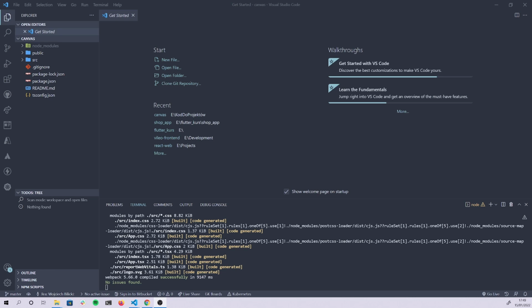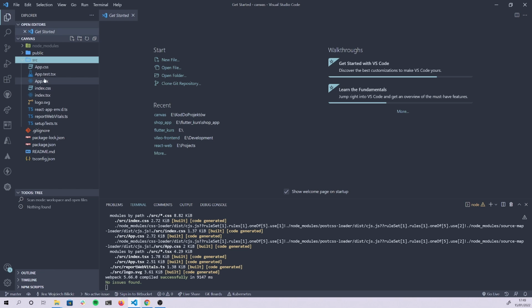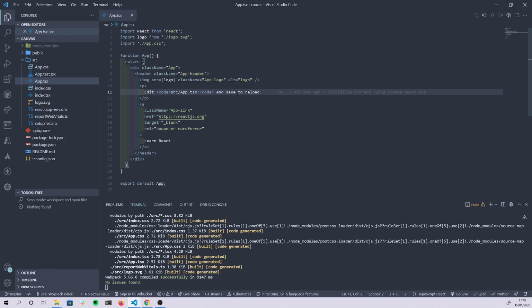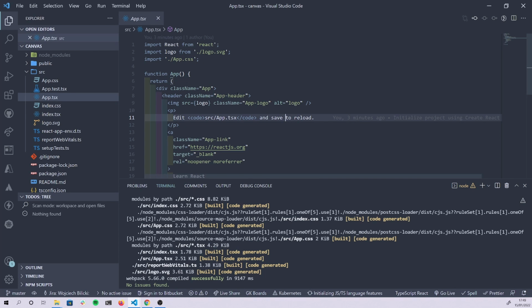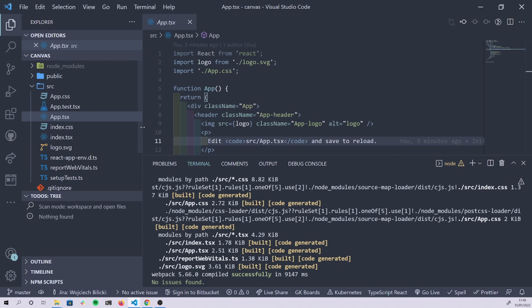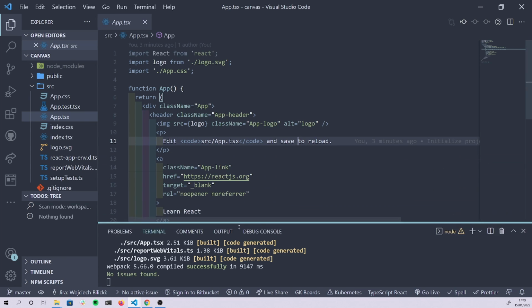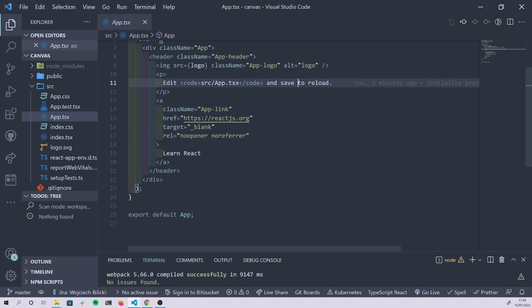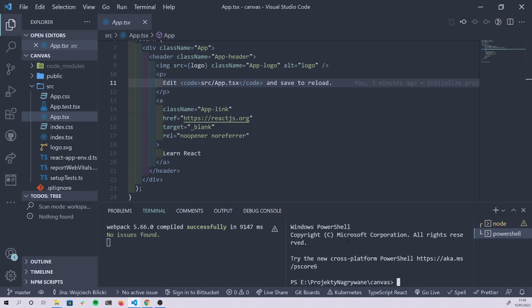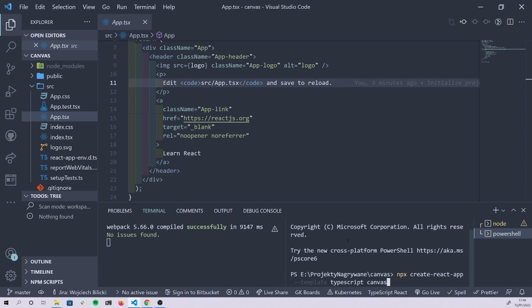As you can see on the screen, what I have opened right now is the very standard React app with the template that is using TypeScript. So this is what you get out of the box. Just to remind you, the command to create that is npx create-react-app, then you provide a template flag with TypeScript, and then you just give the name of the project